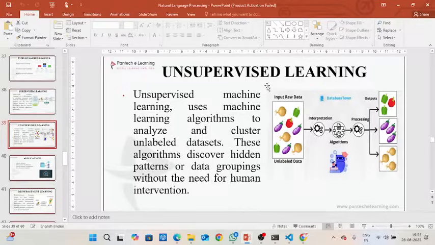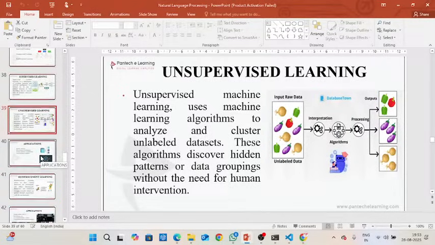Unsupervised learning takes raw input data, and based on structure and color, it separates all the data. First we pass all the information to the algorithm. The algorithm tries to understand the patterns, similarities, properties, and colors, processes them, and splits the data based on their properties.